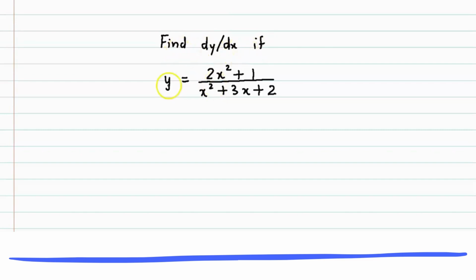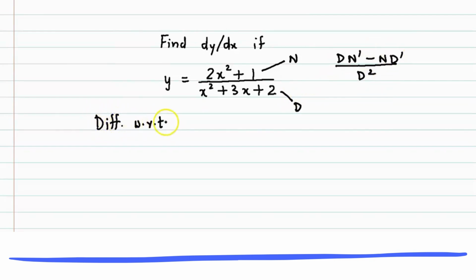Find dy by dx if y is equal to (2x square plus 1) upon (x square plus 3x plus 2). Now in order to find the derivative, we will be applying the quotient rule. And the quotient rule is denominator into derivative of numerator minus numerator into derivative of denominator upon denominator square. So this one is the numerator and x square plus 3x plus 2 is our denominator. So applying the quotient rule, we have,